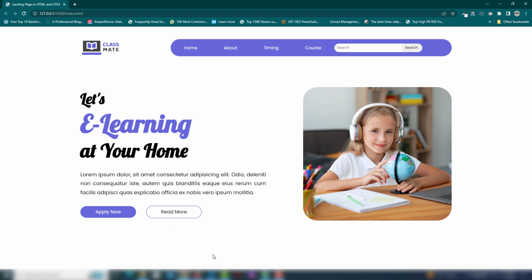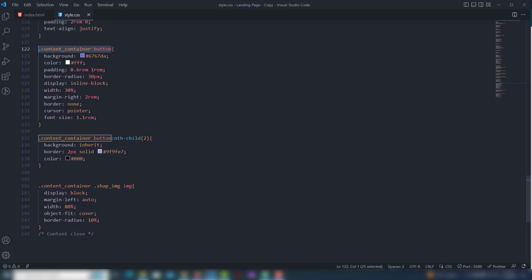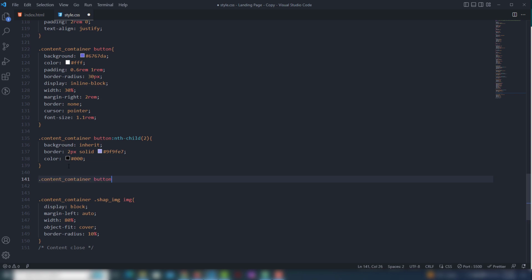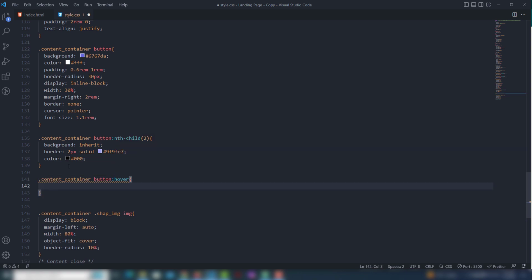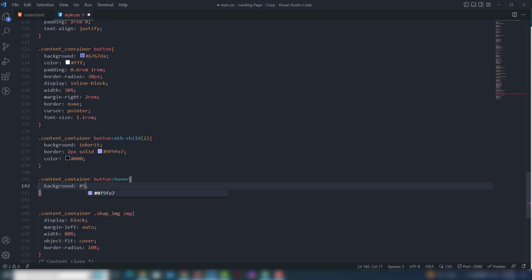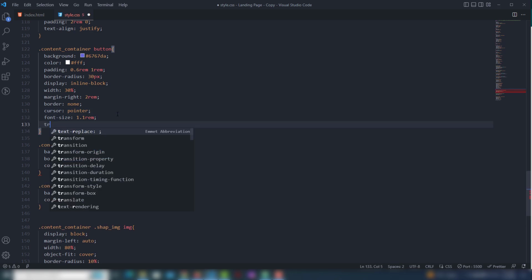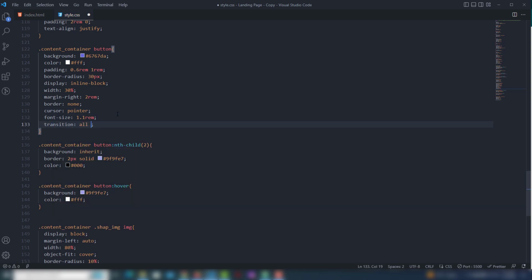Finally I will use the hover effect on there, so I need to select that and use the hover effect. In the hover effect I just need to change the background color will be 9F E7. This is light color and color will be white. Also we need to use transition, all 0.5 s ease-in-out. So let's see,